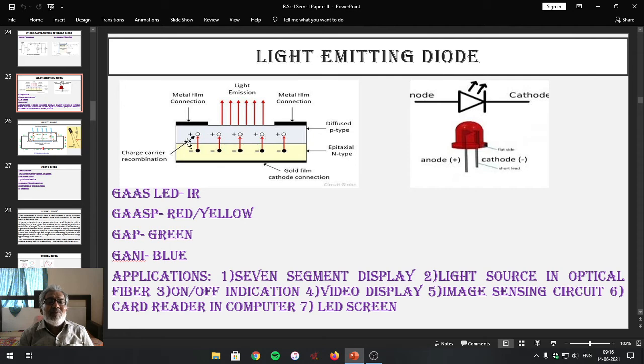When the junction is formed, when the barrier is generated, when the depletion layer forms, the rest of the process remains the same. Once the light emitting diode is constructed, in unbiased condition, it doesn't conduct, it doesn't emit light radiation. But when it is forward biased, meaning thereby the N region is connected to the negative terminal of the external power supply, whereas the P region is connected to the positive terminal of the external power supply.